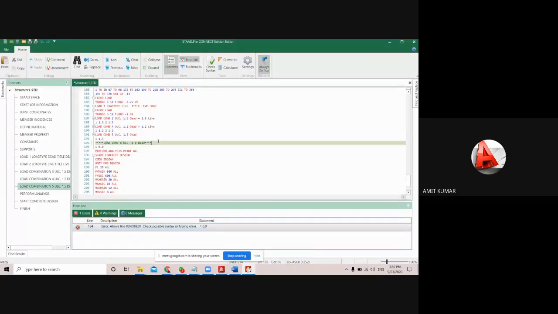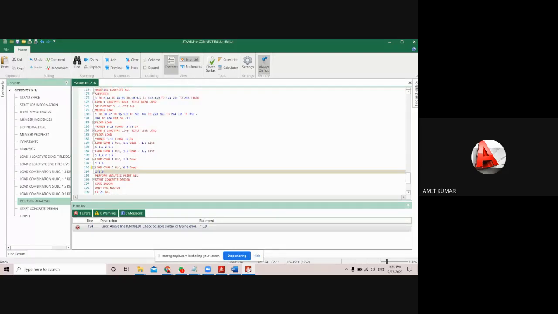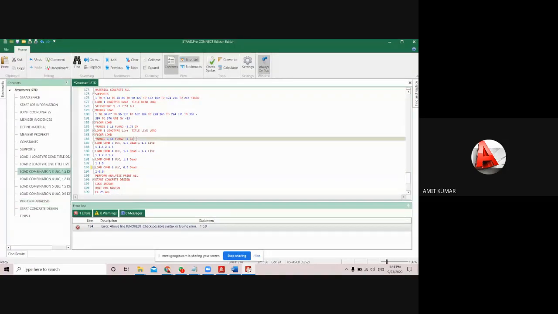Let me change this value again. It's not getting like this. Either I have to use it from the combination from here. Let me check it.